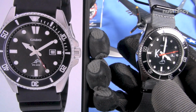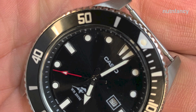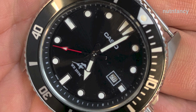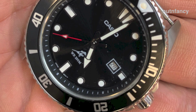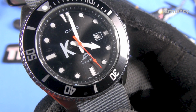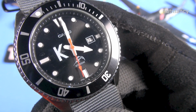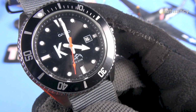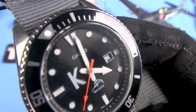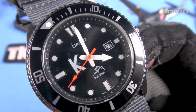Not really, because you're looking at a screenshot, and what you can't tell is I have actually, did I tape or paint these hands? I think I painted them. So they are now matte white. There is no shininess in the hands, which I generally detest. Again, no apologies. If your taste is different, I totally respect that. But I generally do not like shininess of any kind in my hands. I either want a monochromatic presentation, high contrast, and so I've